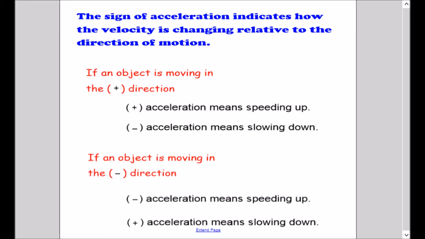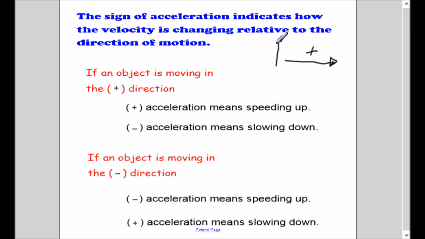Okay, so the last thing that I need to talk about in this lecture is how the sign of acceleration works with the sign of velocity. In physics, positive and negative indicates the direction that things are going. So if something's moving in the positive direction, we say it has a positive velocity. And if it's moving in the negative direction, we say it has a negative velocity, which, positive typically might mean that something is going to the right if it's positive,